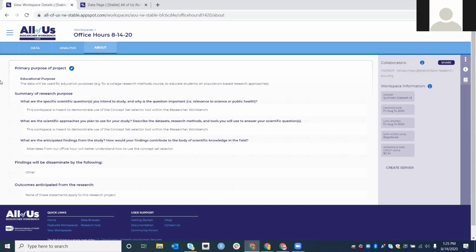So what you see here is I have built a workspace. It's called Office Hours and it's dated for today's date. The point of my workspace is to demo the tool to you today. And in any of your workspaces, the way that you access the tools that I'm talking about today is through